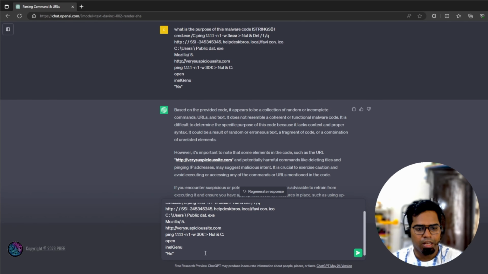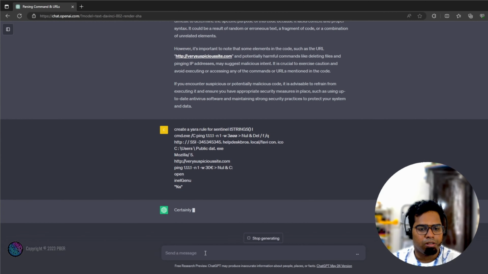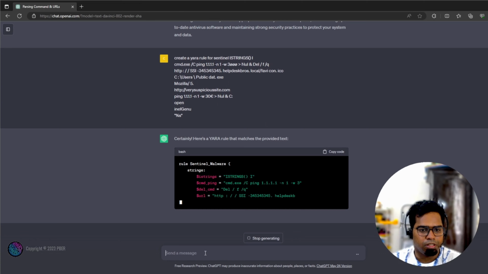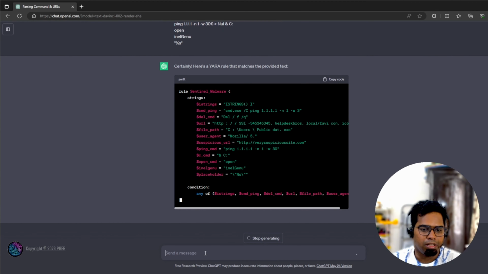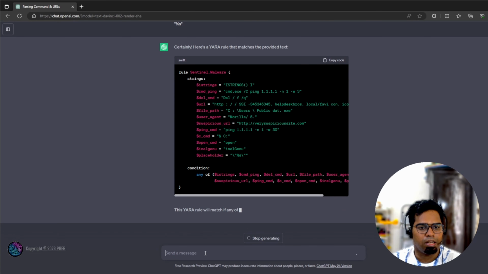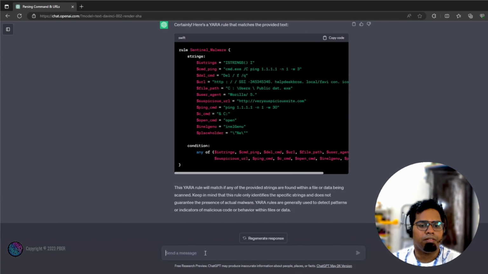So I'm just testing it. And for this code, okay, I'll be getting the Yara rule. This is for Sentinel. So one thing is I just need to go and copy this and paste it in the Sentinel SOAR platform, so that whenever any threat manager, this will be integrated with the threat management of Sentinel. And in case there is any malware downloaded based on the string